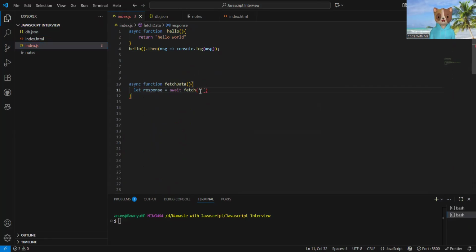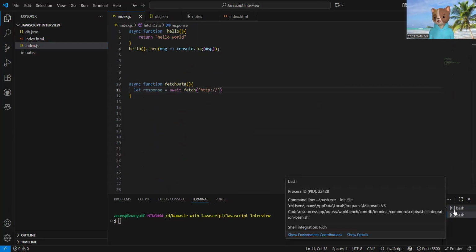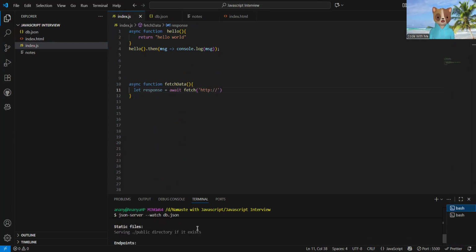So here we will write HTTP. I use that JSON file. For that, I run this command, JSON server, and this is the URL I will use: localhost 3000 and countries.